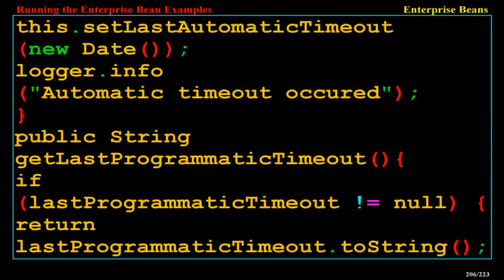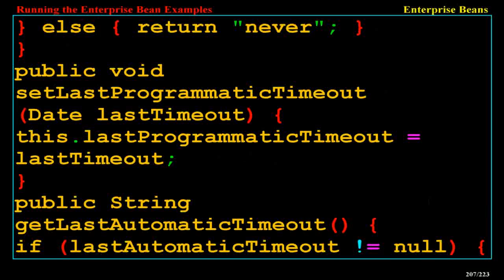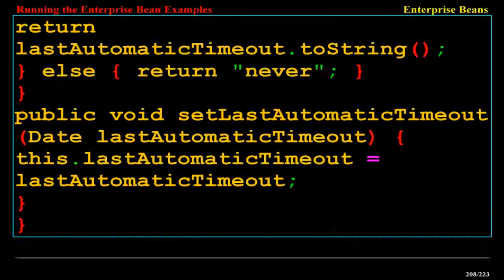public String getLastProgrammaticTimeout() { if (lastProgrammaticTimeout != null) { return lastProgrammaticTimeout.toString(); } else { return "never"; } } public void setLastProgrammaticTimeout(Date lastTimeout) { this.lastProgrammaticTimeout = lastTimeout; } public String getLastAutomaticTimeout() { if (lastAutomaticTimeout != null) { return lastAutomaticTimeout.toString(); } else { return "never"; } } public void setLastAutomaticTimeout(Date lastAutomaticTimeout) { this.lastAutomaticTimeout = lastAutomaticTimeout; }